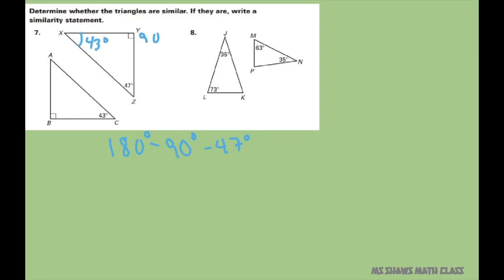So, of course, this matches here. So this is also 47 here. All right. So basically, all the angles are congruent. So the way you set up the similarity statement is you say that triangle... Let's just do it here. Triangle ABC